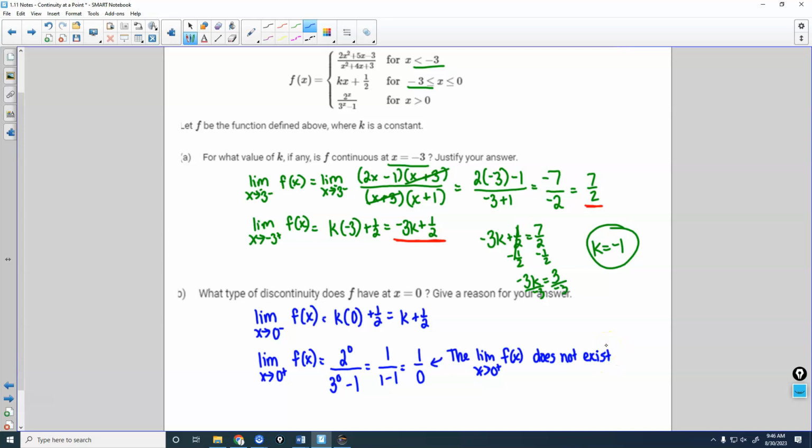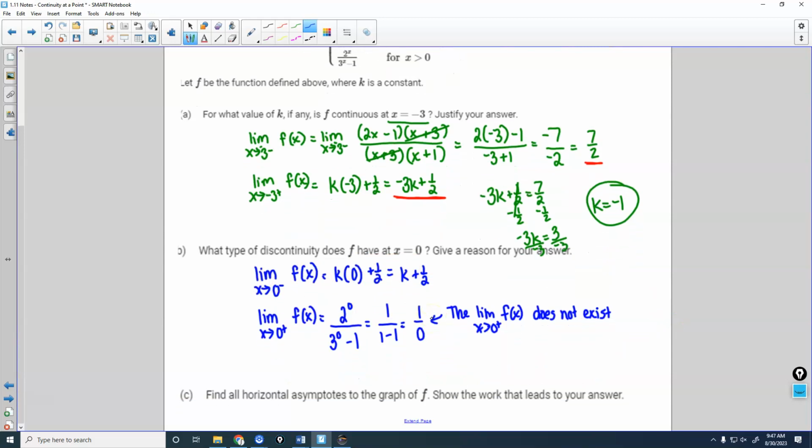When you get that does not exist from the equation, when you're getting that 1 over 0, you're looking at a vertical asymptote there. If you plug in 0, it's giving you a 0 in the denominator, which shows that it doesn't cancel out with the top. So while the limit from the left might actually exist, we would say that f of x has a vertical asymptote